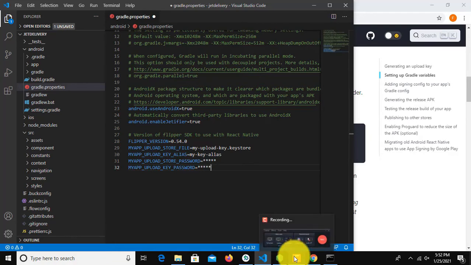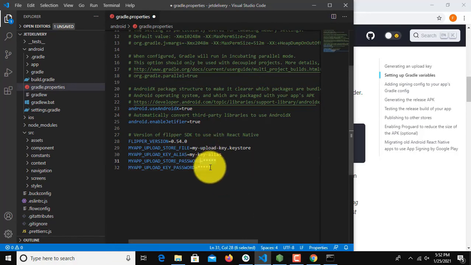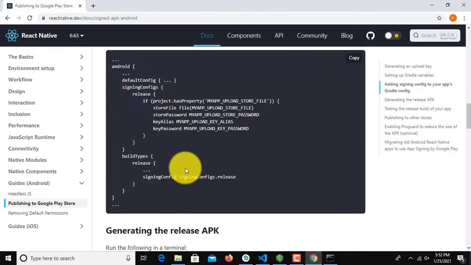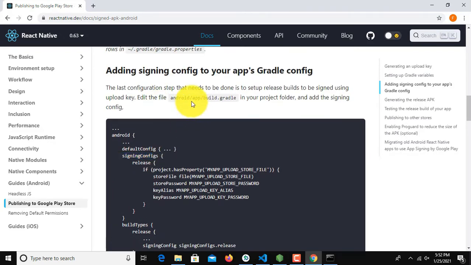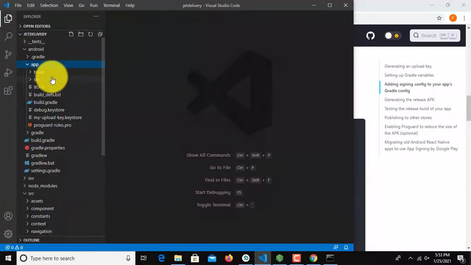Open your docs and you will find pasting some code into your build.gradle. Inside build.gradle you will find a signingConfigs. Inside you will find a debug object. After that debug object, paste that release object you have copied from your docs. Do not change anything.